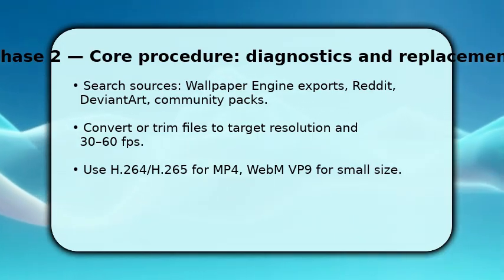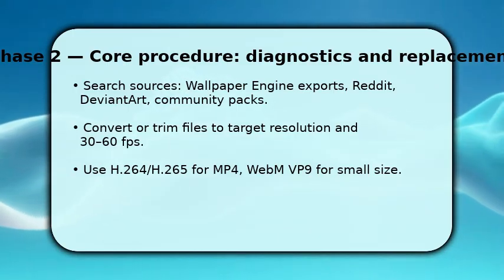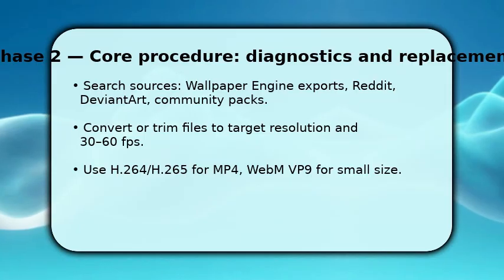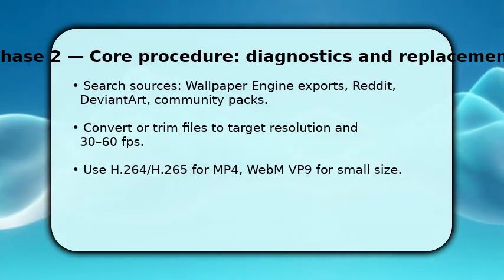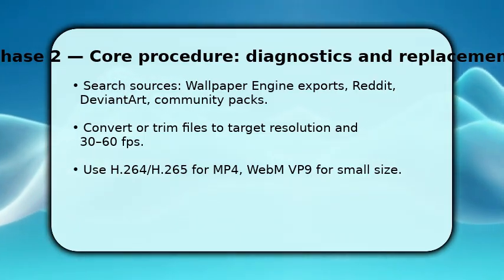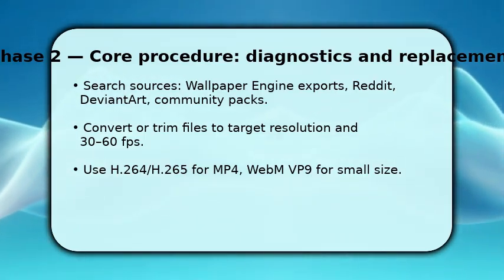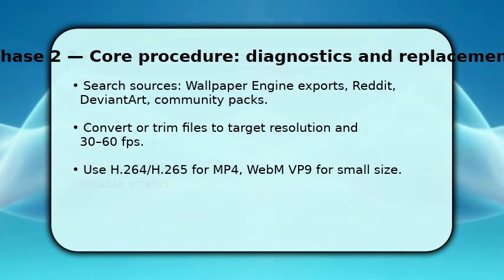Use H.264 or H.265 for MP4 files, and VP9 for WebM to keep file sizes small. Make sure the loop point is seamless. If it stutters, trim 1 or 2 frames, and you import the prepared file into Lively and assign it to